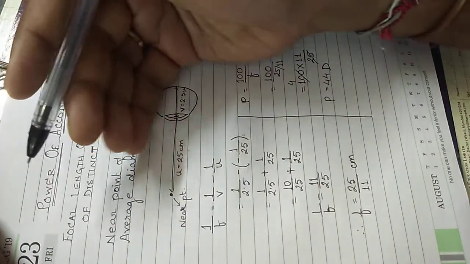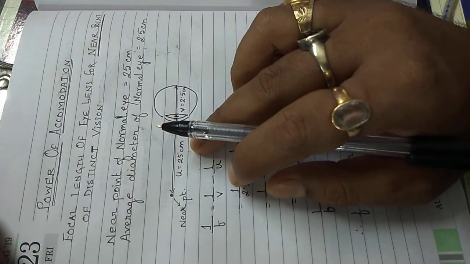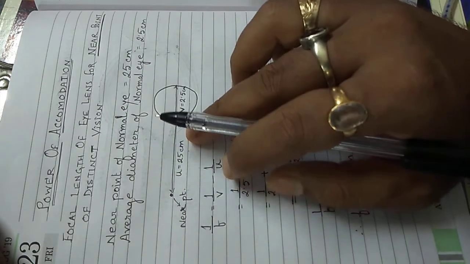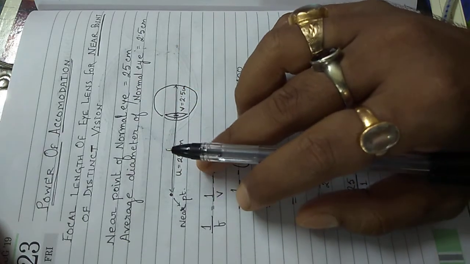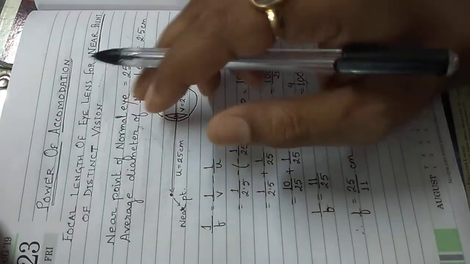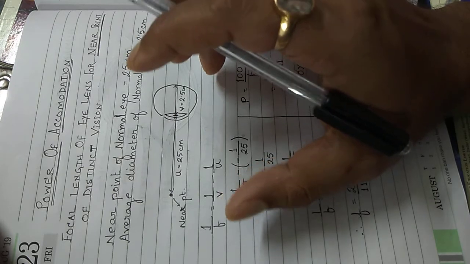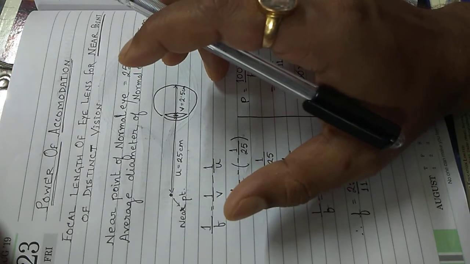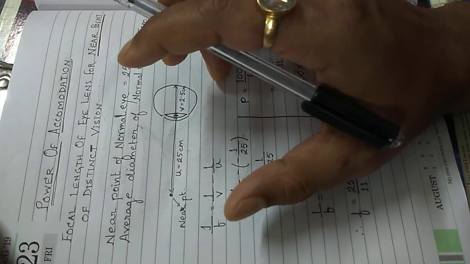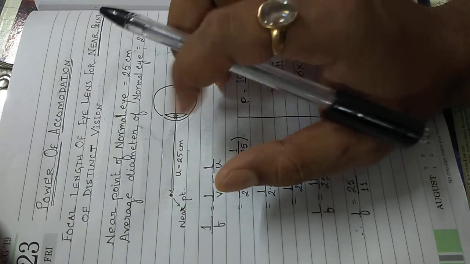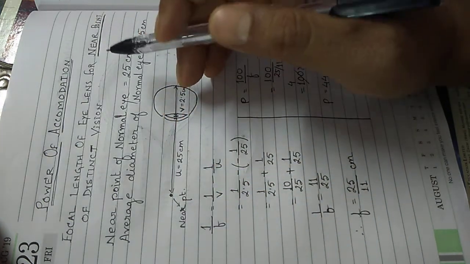As we bring an object nearer and nearer to the eye, after a certain distance the object becomes blurred. The minimum distance up to where a normal human eye can see an object clearly is 25 centimeter. So the range of accommodation of the human eye lies between infinity and 25 centimeter. For these two distances we'll find the power of the lens, and then find how much the power of the lens of the human eye can change in order to accommodate objects kept at different distances.